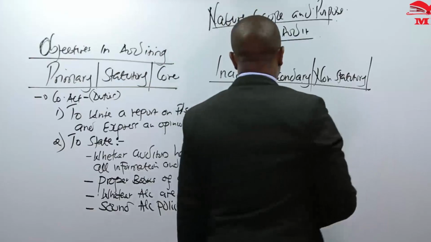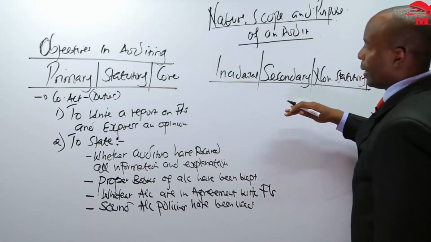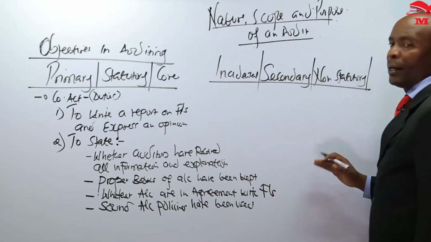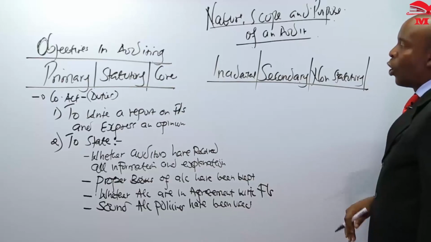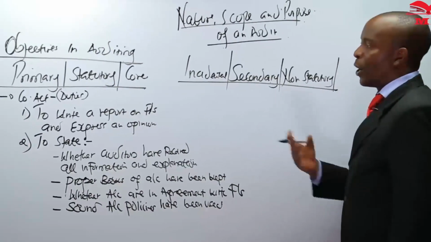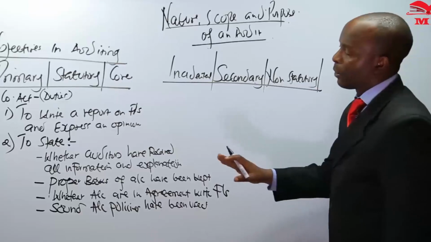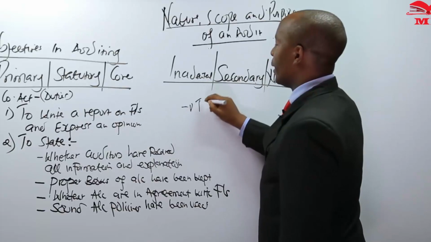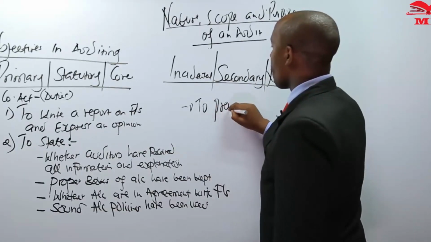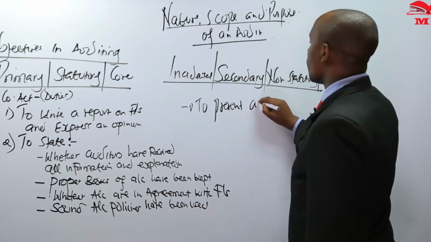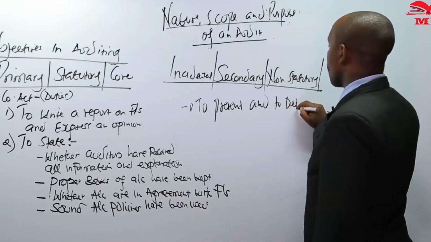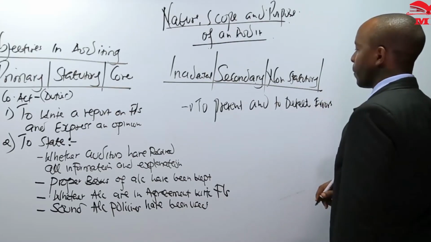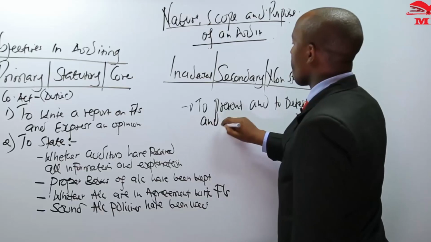So we come to this side here and we say these are secondary objectives. These are not statutory. In most cases, they are provided by the professional body or they come as a by the way. When you're auditing the financial statement and you come across a misstatement, it is good to go ahead and report about that misstatement. So here we say one is to prevent and to detect errors and frauds